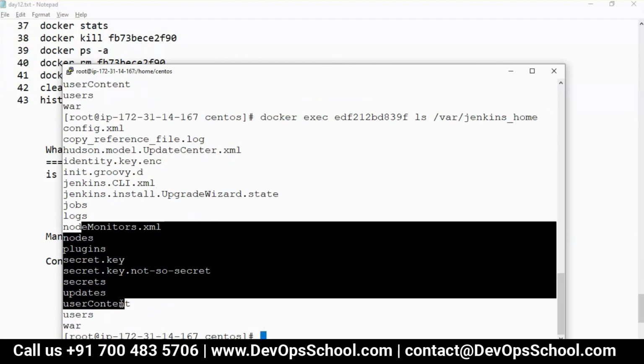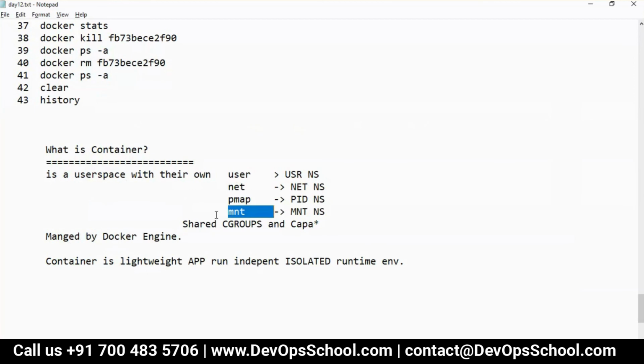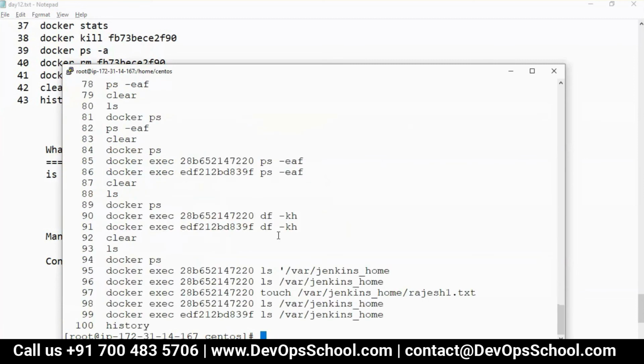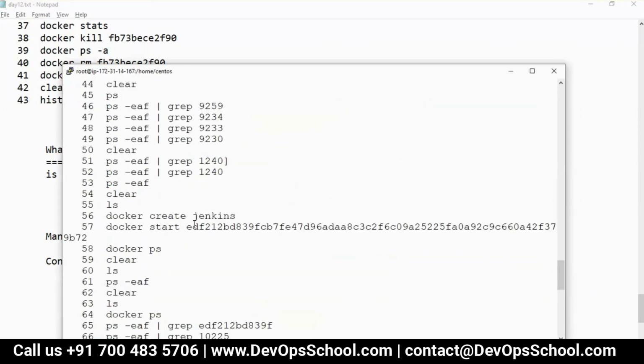No data integrity issues. That means I am proving that each container has its own mount initialization, so they get the same location, C Apache, like that. So now, are you able to correlate the thing?